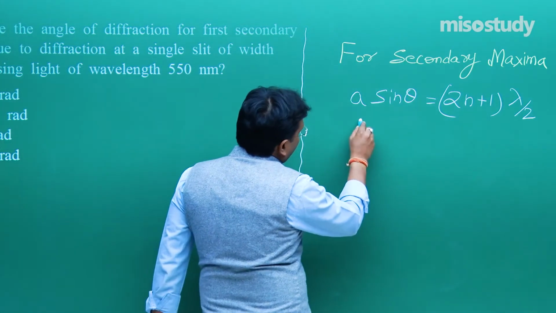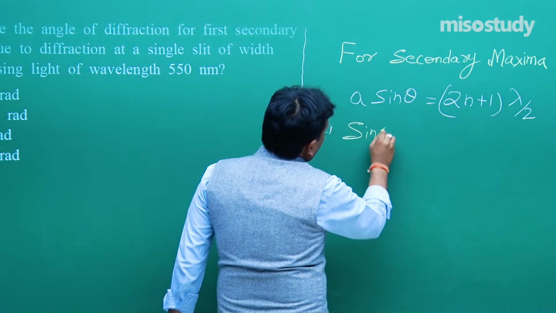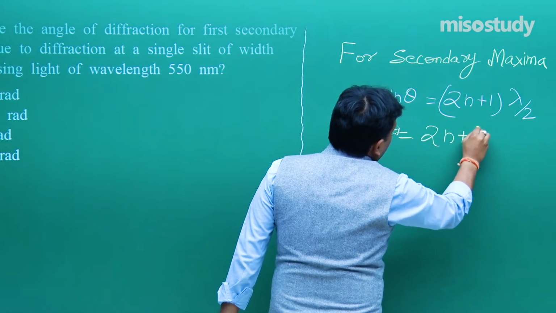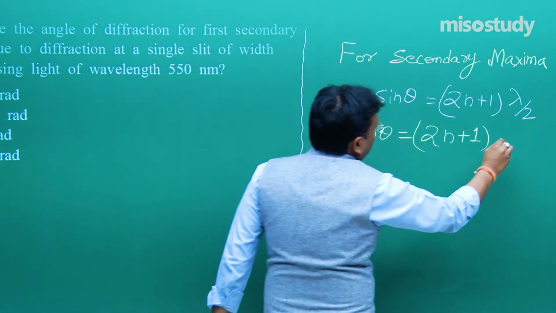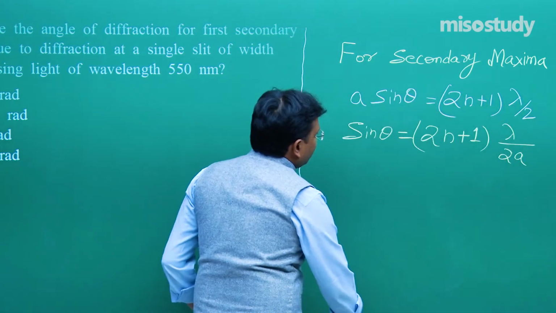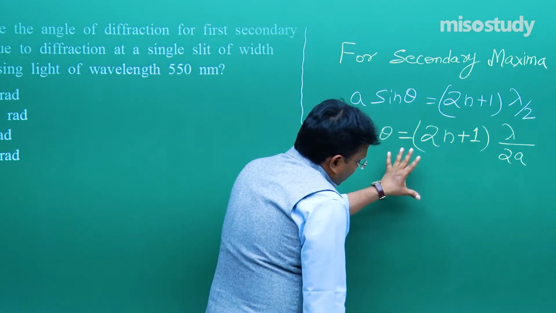From here, what we can say is that sin theta is equal to (2n plus 1) lambda by 2a. Fine. Nothing I did, I simply transferred it. Fine. From here,